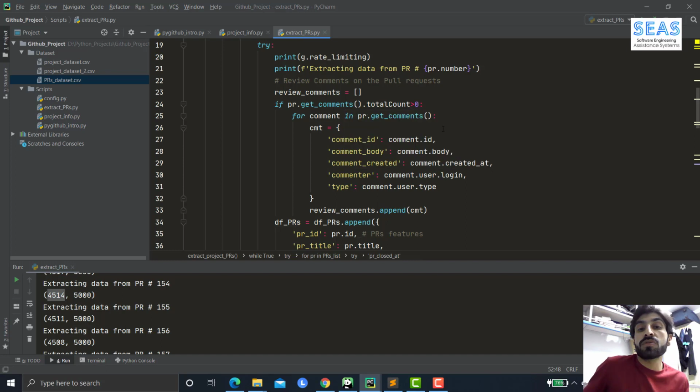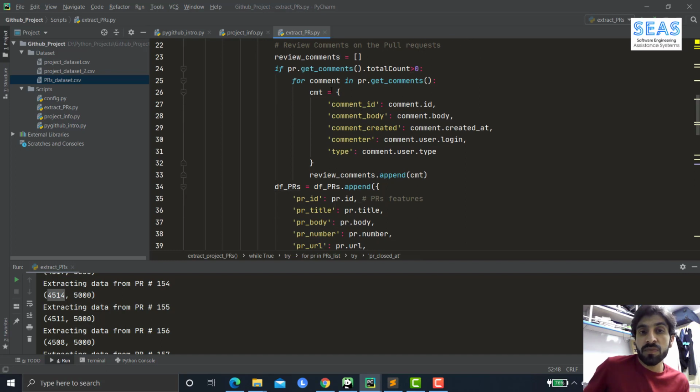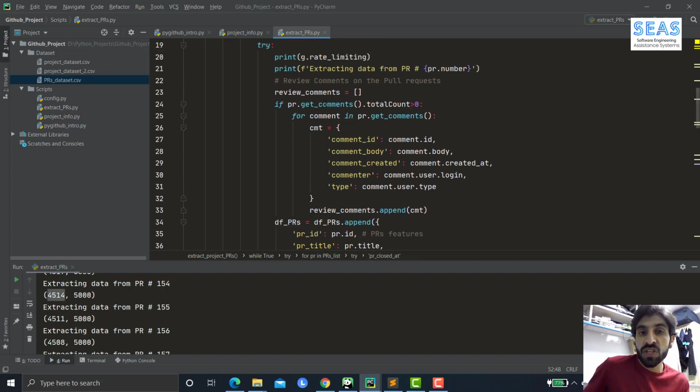So if you want to save such type of data, you need to loop through those comments. And what I did here, I first check if there is any comment available for the given pull request. If it is greater than 0, it means that there is a comment available. Then inside those comments,